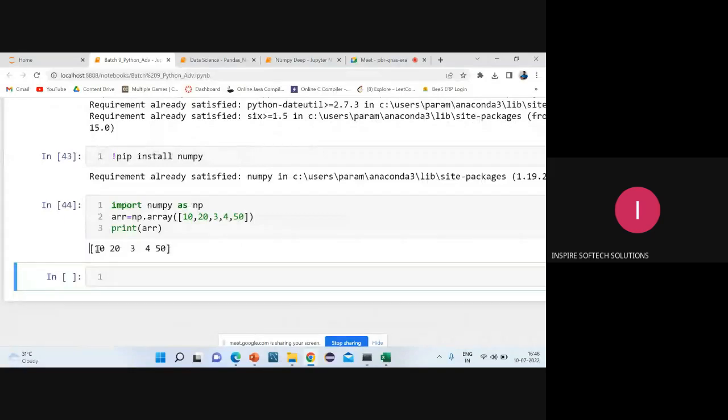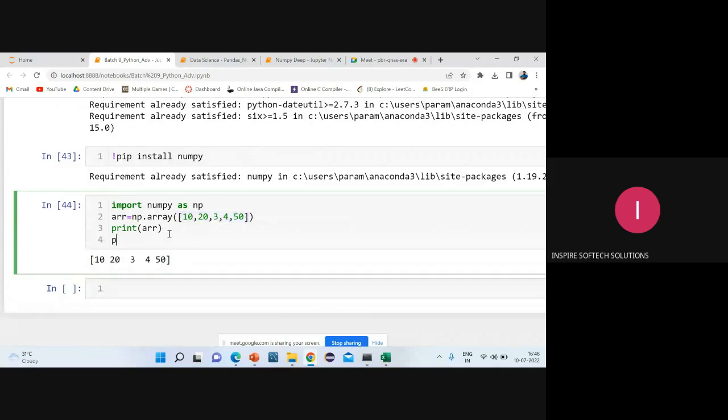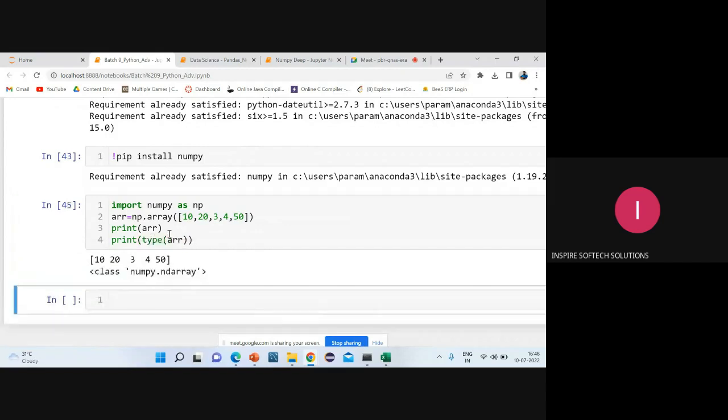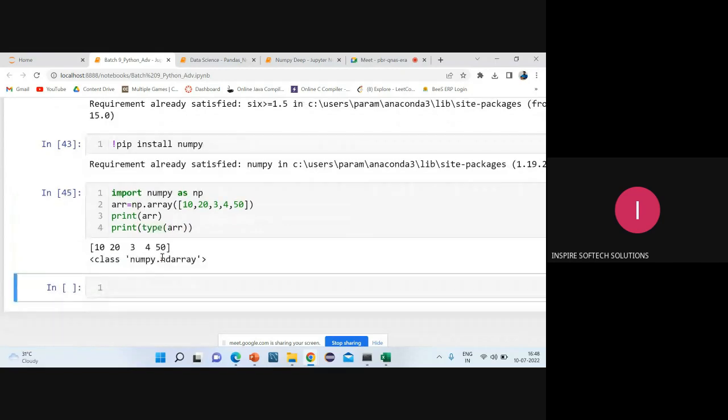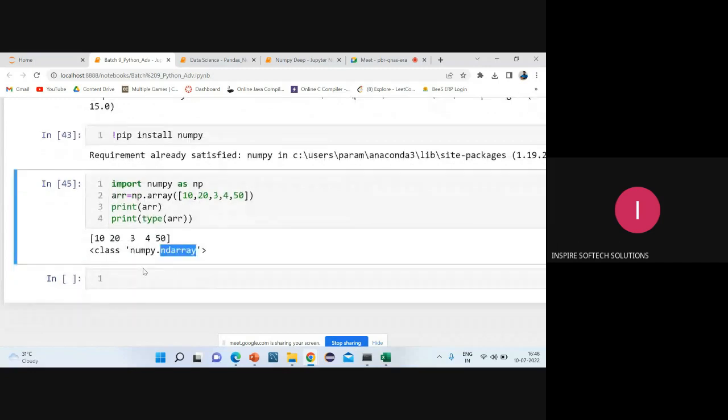Now how to create it with a list? Same thing I use in the list also. In the list, we'll give the square bracket. That's all. If you want to check the data type also, we can check the type of arr. You can see here it is an n-dimensional array. Sir, without using the square bracket, is there any solution?